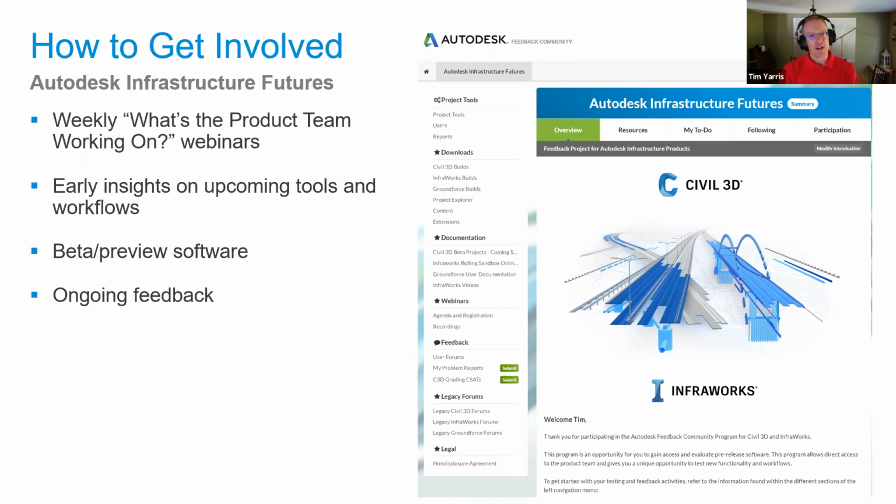It started out as just a beta portal many, many years ago that was like once a year we would throw the annual release of Civil 3D up there months ahead of time and say, okay, here, test it and tell us what the bugs are. Over the last several years, it's evolved into more of an ongoing feedback portal for us where pretty much all year long, we're posting things up there about, hey, we're working on this particular area of the product. Here are some ideas that we have. We'd like your feedback on it. And we'd get some feedback that way.